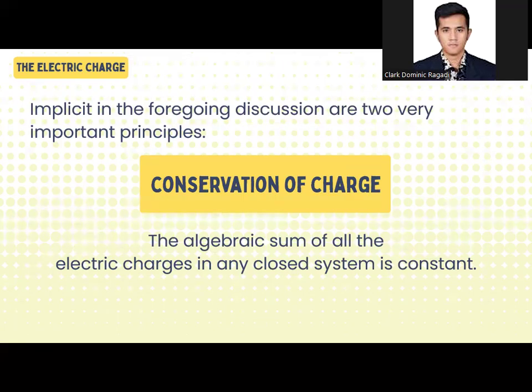Okay? So for example, you have a closed system having two atoms, and these two atoms are constantly interchanging electrons. If you count the number of electrons and the number of protons throughout the existence of the closed system, it should be constant. So say, if there are 10 electrons at the start of the exchange, at the end of the exchange there should still be 10 electrons in that particular system. So again, conservation of charge means charge in a closed system is constant.